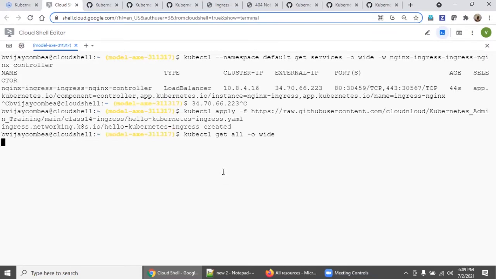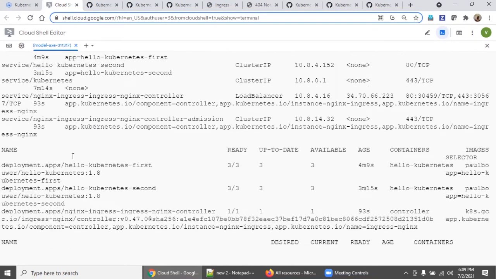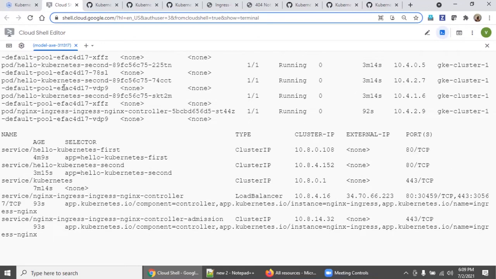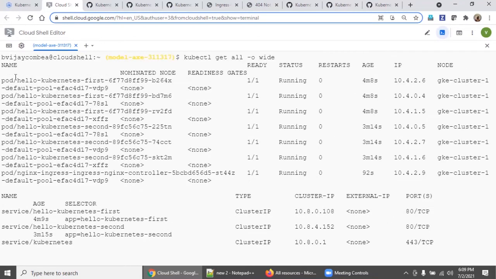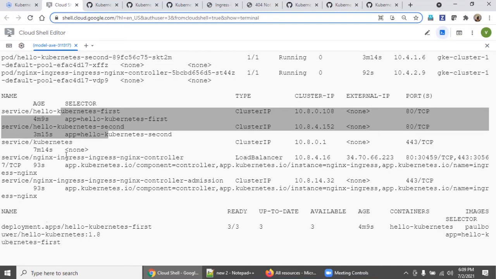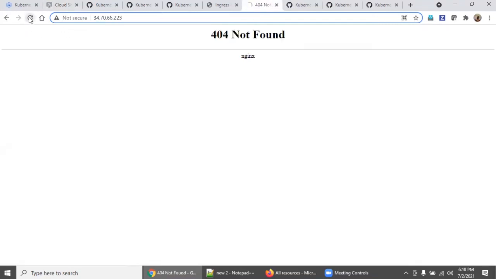So which means if you slowly scroll up, you can see first of all the pod, and then the service, and then the ingress controller as a load balancer. Okay. So now if you access again, wait.